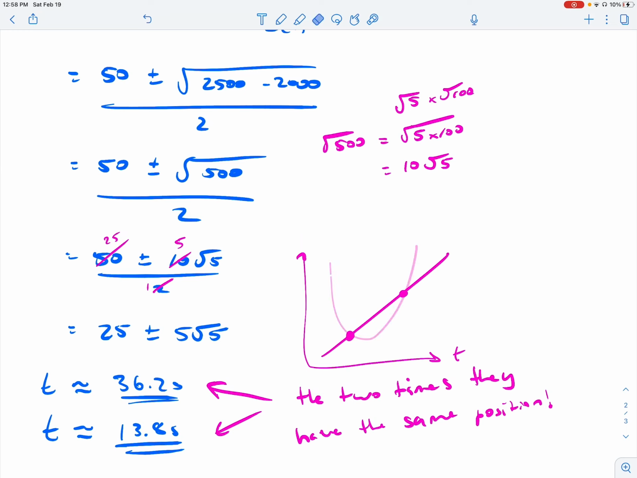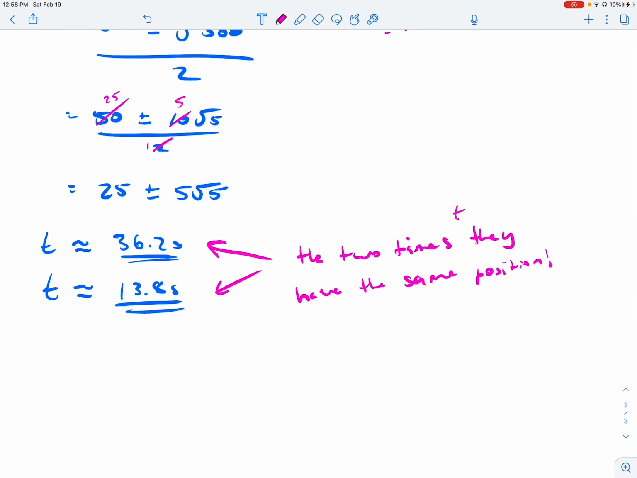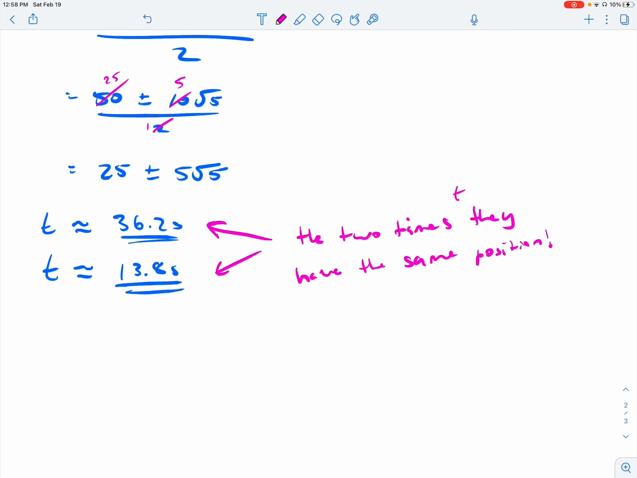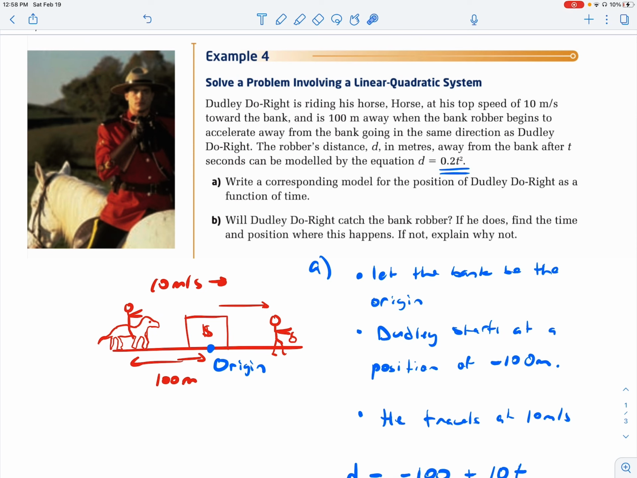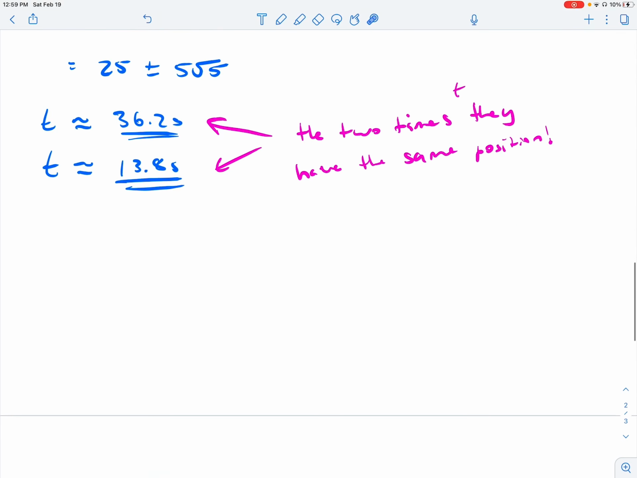Okay, we can erase this here. So let's just do a final statement. Let's double check what the question was asking for. It said, does Dudley Do Right catch the bank robber? He does. And if he does, find the time and position where this happens. Okay. So we can go ahead and state that. So we can say, yes, Dudley catches him at t equal to 13.8 seconds and a position of,